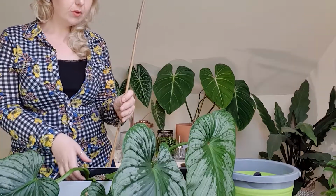Now, this is not going to stand up, but it's okay, because I kind of figured this might happen. It'll root itself and it will right itself eventually, but in the meantime I have some bamboo. Okay,